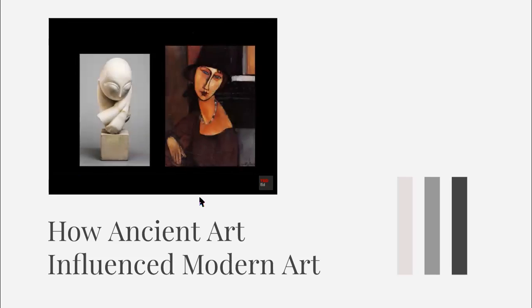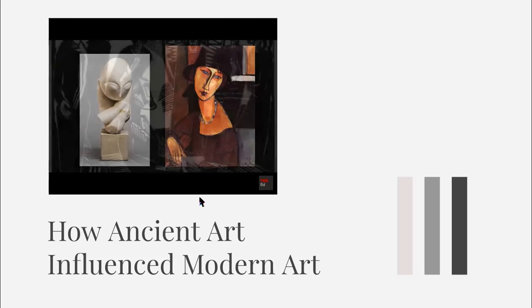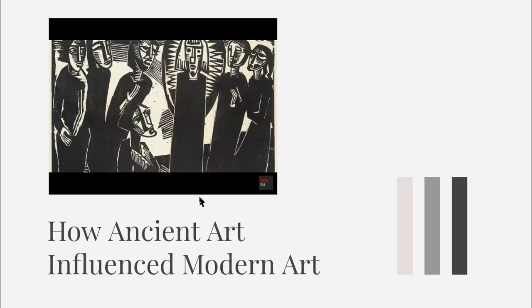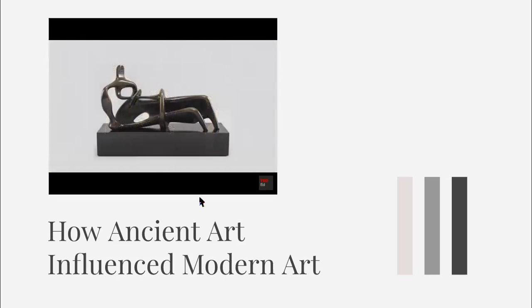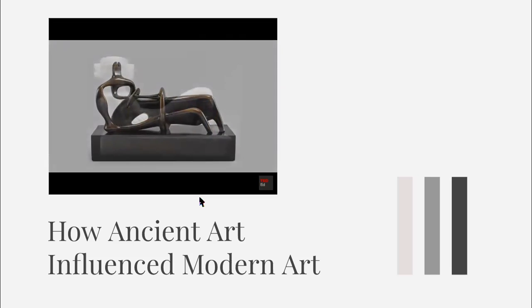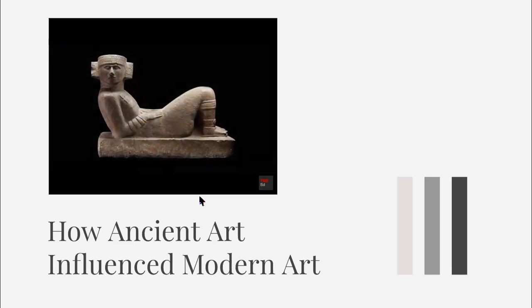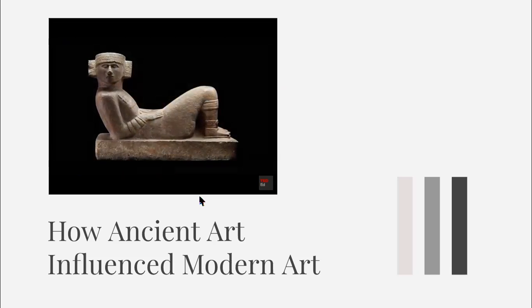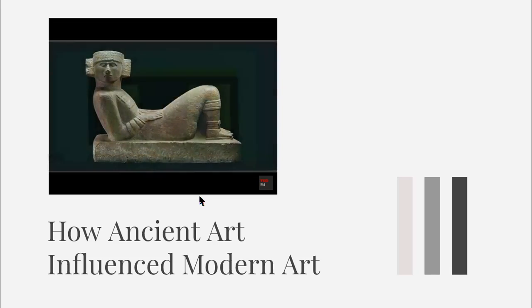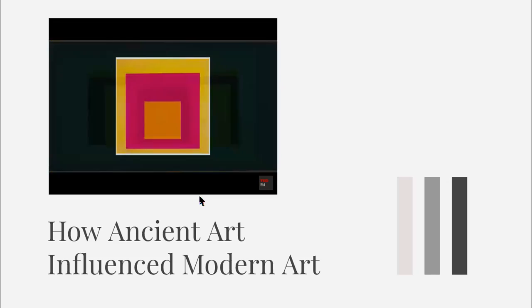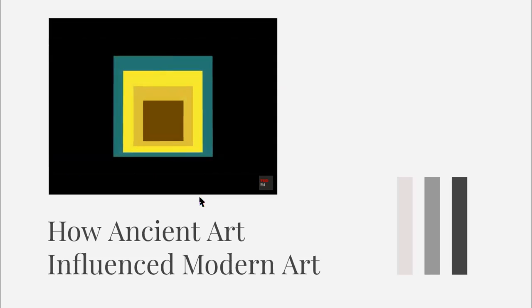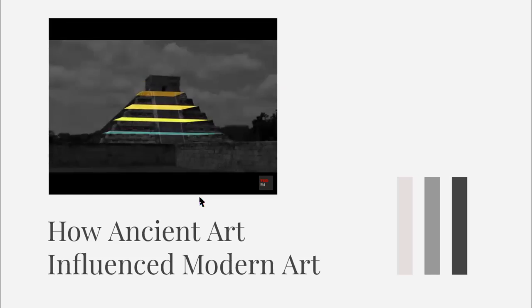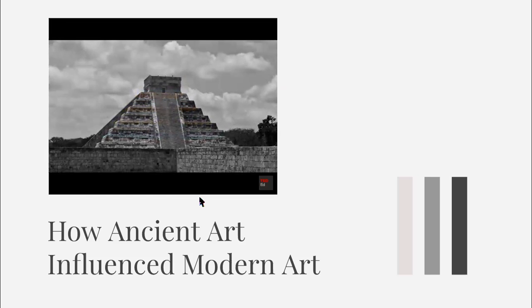Constantin Brancusi and Amedeo Modigliani in Paris, as well as the German Expressionists, all drew on the aesthetics of African sculptures in their work. Others looked to a different continent for their inspiration. British sculptor Henry Moore based many of his semi-abstract bronze sculptures on a replica of a Chac Mool, a distinctive reclining statue from the Toltec Maya culture. Pre-Columbian art was also a major influence for Josef Albers. He created a series of compositions, such as the geometrical series, Homage to the Square, that were inspired by pyramids and local art he encountered on his frequent visits to Mexico.